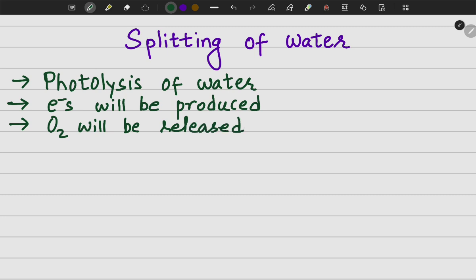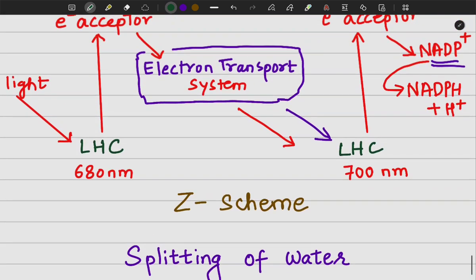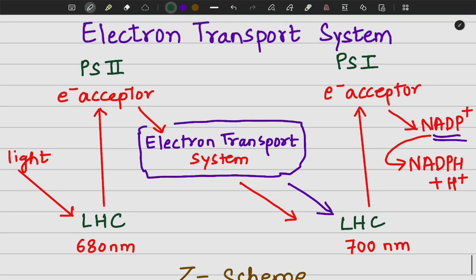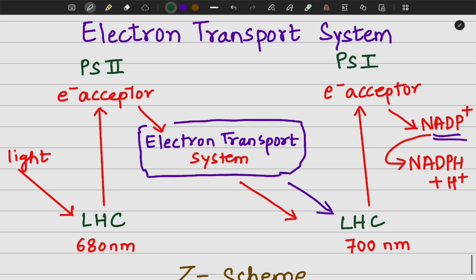Alright, so as we studied previously in the electron transport system, the electrons travel from photosystem 2 to photosystem 1 through a Z scheme or through the electron transport system. So the electrons started moving from photosystem 2 and they ultimately reached the photosystem 1 where they produce the NADPH